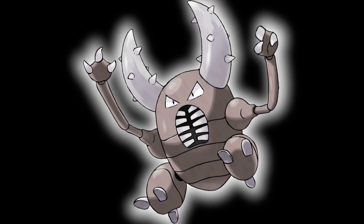Number 1. Pinsir is a very unassuming Pokemon. I mean, it looks angry and stuff, and it has a nice showing in the anime and things like that, but look, it's got its scrawny little arms, and yeah, it has its face and things like that, but it's not really a Pokemon I would think that most people would want to use, especially considering how hard it is to get in the games that it shows up in originally. But,